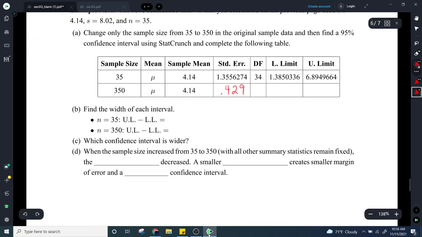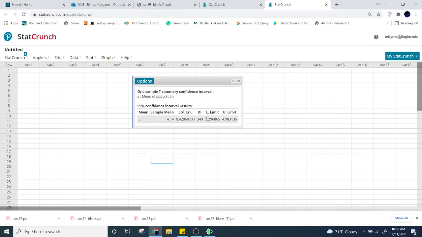My degrees of freedom is now going to be 349. And then my confidence interval, my lower limit and upper limit have gotten a lot closer together. It's a narrower interval because you've got a smaller standard error. So the two things that can affect the margin of error are your t-star value and your standard error. Just like it did back in chapter 7, the z-star and the standard error affected the size of the margin of error. So we've got 3.296, I'm going to make it 3.3 and